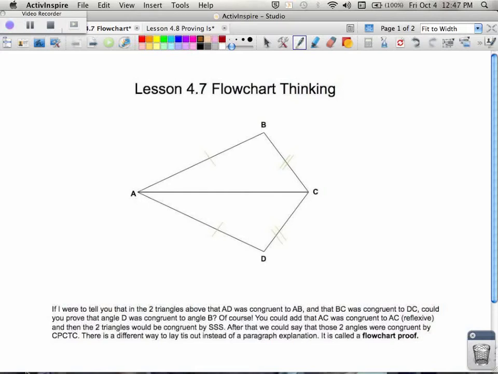In lesson 4.7, we're going to talk about flowchart proofs. And in flowchart proofs, we use diagrams to help us understand how to go from one step to the next. So in this triangle set, here you see on the screen, if I were to tell you that the two triangles above, that side AD was congruent to side AB, marked in the red,